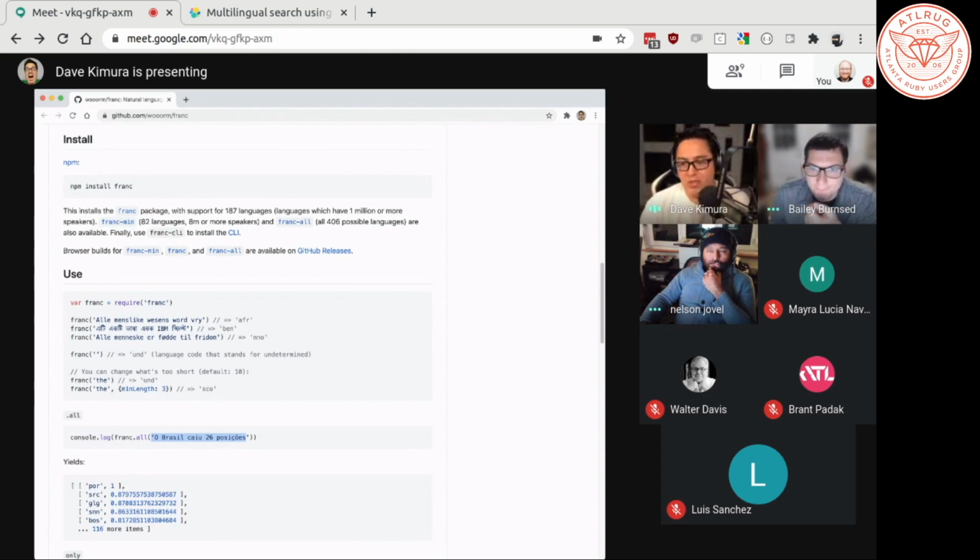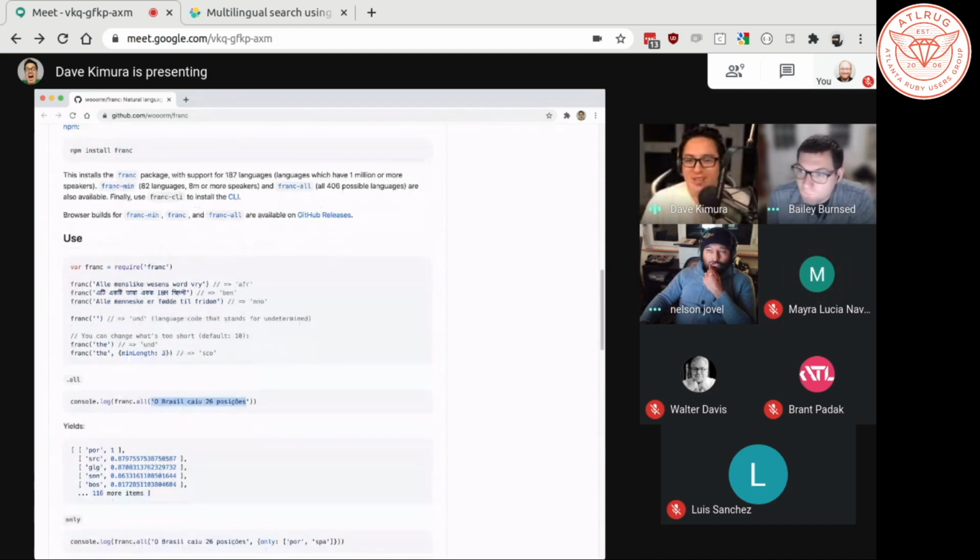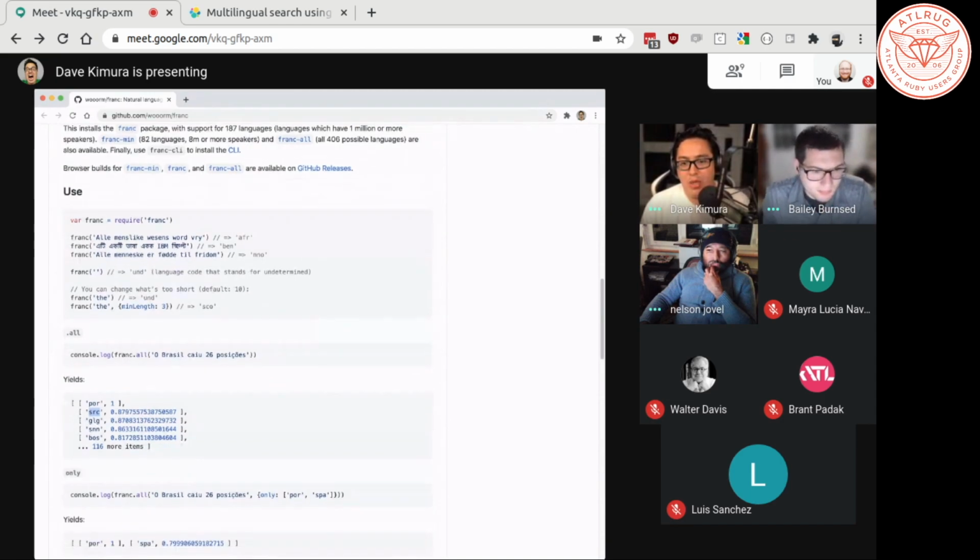You can then run it through Franc. Basically, it'll give you a result of what it thinks that language is. It looks like it's getting some pretty good percentages here, and you can scope it to only the 20 languages that you want to support. That way, when you make your post, you know the string, but now you also know what language you most likely need to be searching against.